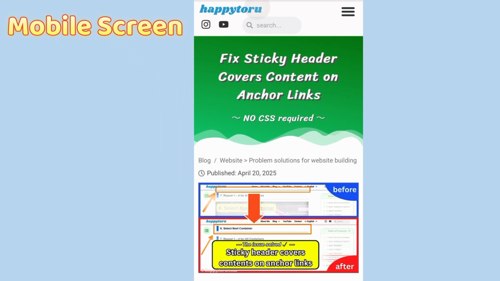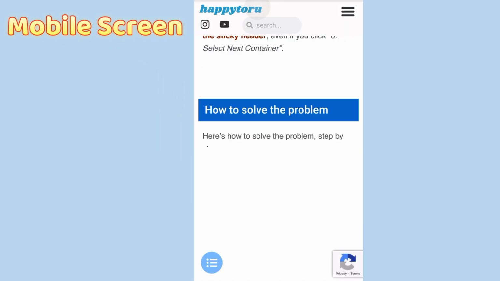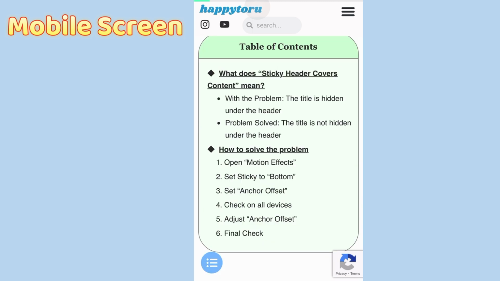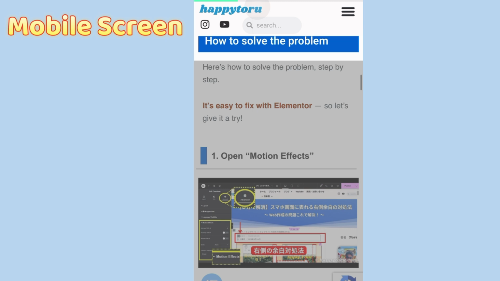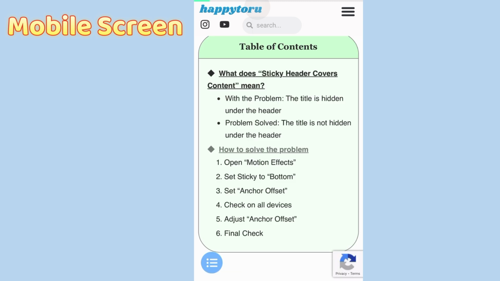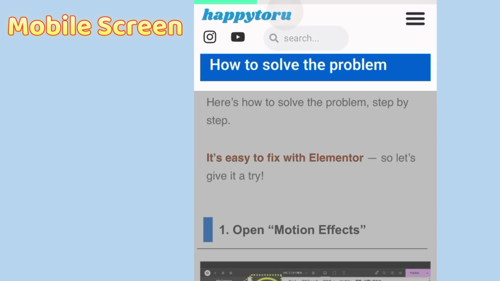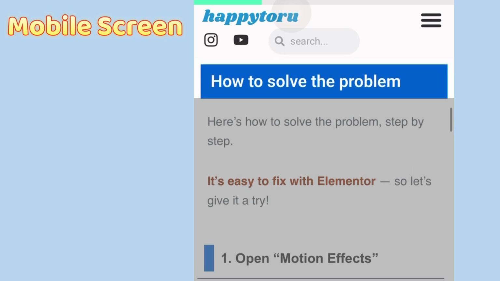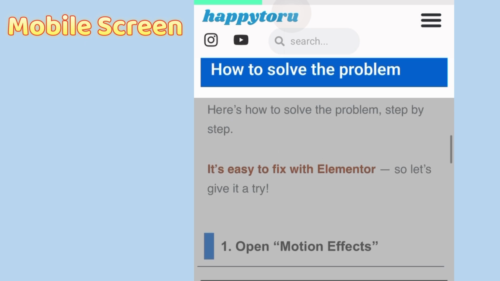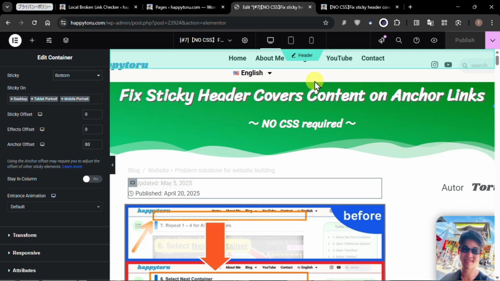Once you reload it, let's go to table of contents again. Oh, there we go. It's working properly. Maybe you need a little bit more space, but I'm fine with this. There is still a little bit under the header, but it's okay because I can see the text properly. And then the problem is fixed already.